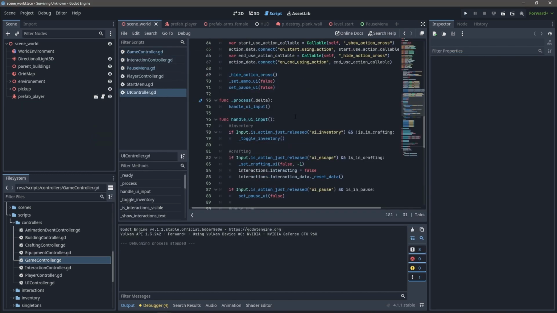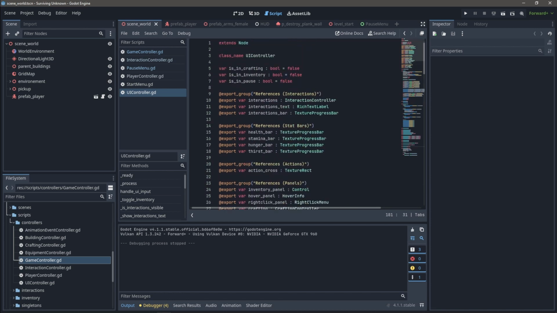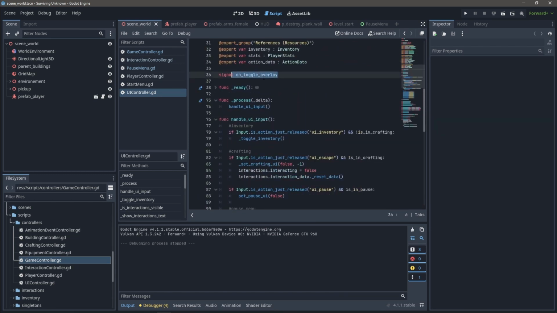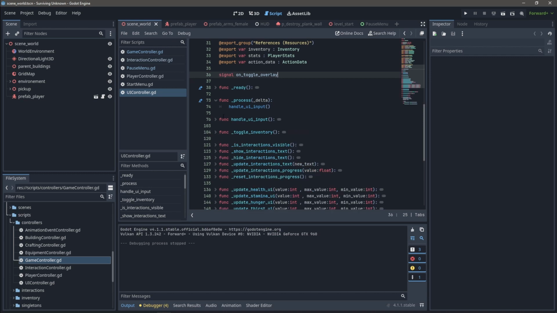What I actually did in the UI controller is I have three variables, which are kind of not important. Is in crafting, is in inventory, and now is in pause. And then I also have an on-toggle overlay. Now, overlay is anything from the inventory to the crafting system to the pause menu, anything that might stop the player from, like, experiencing or interacting with the game. And then I call those whenever I